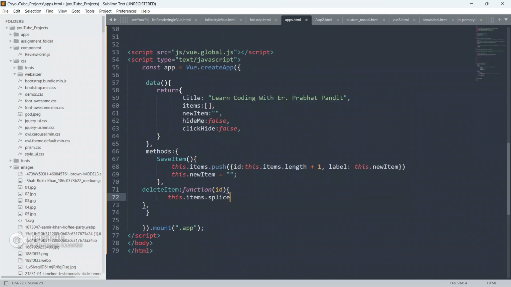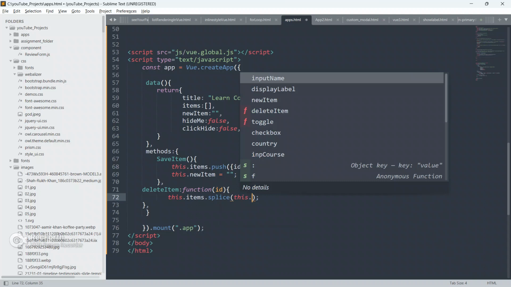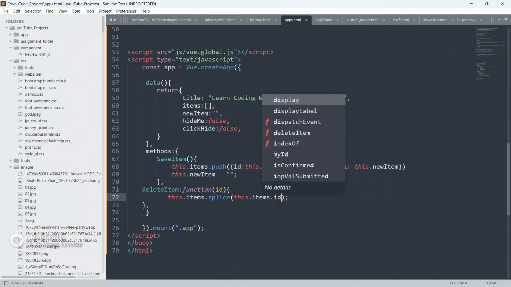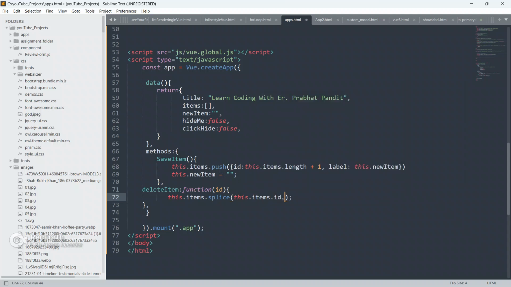Now what we will do, we will do this dot items, this items array, guys, this dot items dot splice. What to splice, guys? I want to splice by id, so this dot items dot id, and we are going to remove only one element.